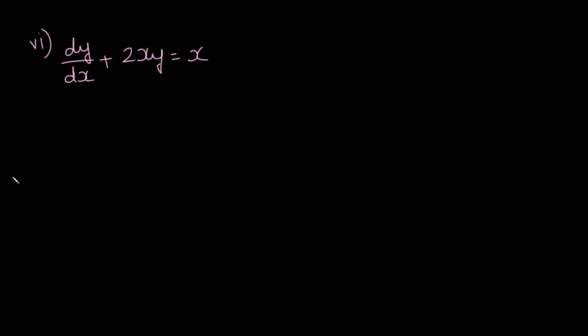The sixth sum, dy by dx plus 2xy is equal to x, is given. So here, first of all, there is no need of any modification. As you can see, dy by dx is as it is. The coefficient of it is 1. In the previous cases it was not 1, so we were modifying it. In this case it is already in the proper form, so we directly compare it with